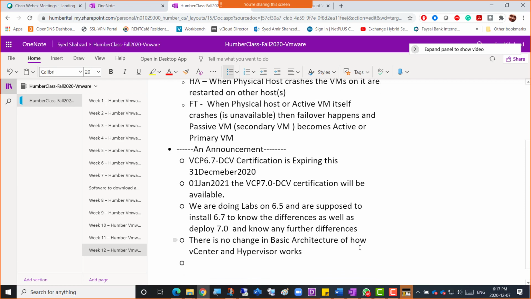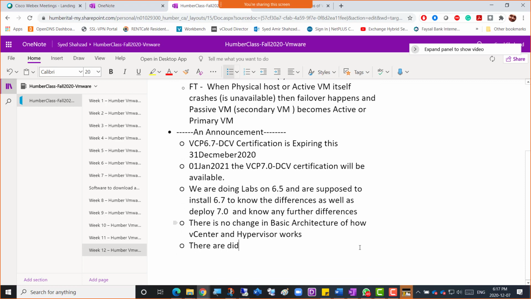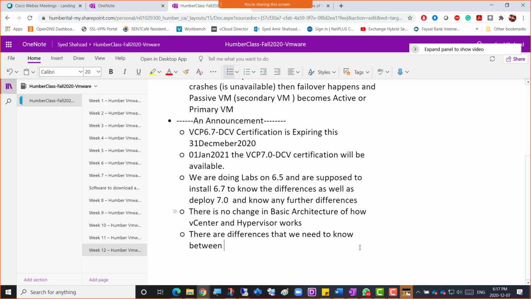There are differences, yes, that we need to know between vSphere 6.5, vSphere 6.7, and vSphere 7.0. So there have been improvements.